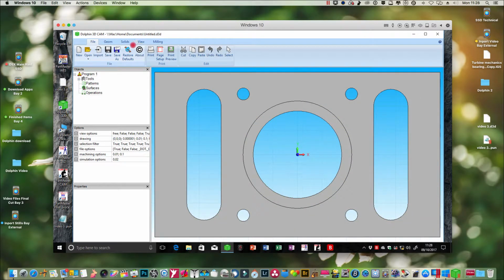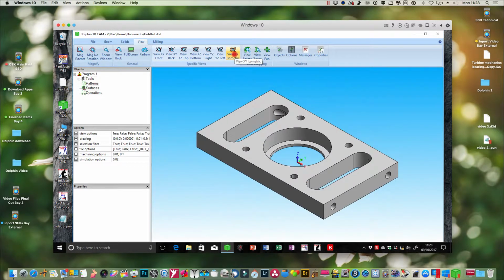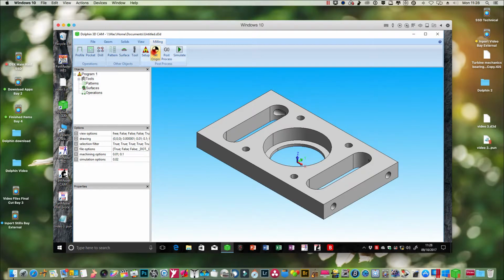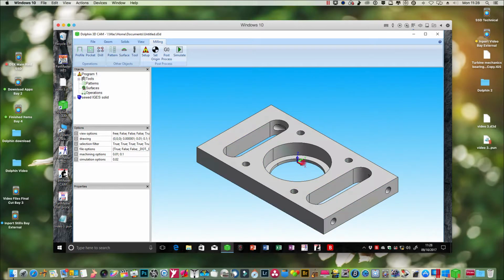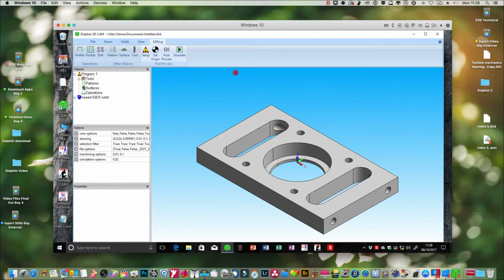So we're going into view, isometric, then we go back into milling, set the origin, which you want X, Y and Z, and when you press OK you find that bit has moved. Then what you do, you are going to produce that circle. So what we're going to do is to show you that you can select